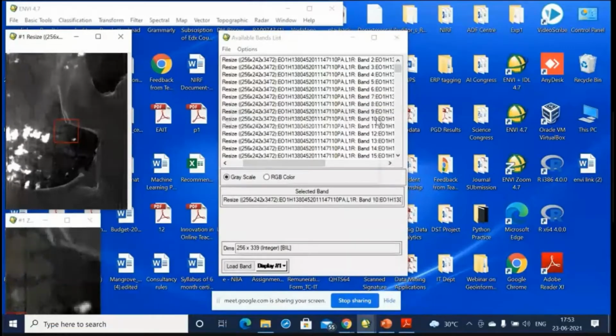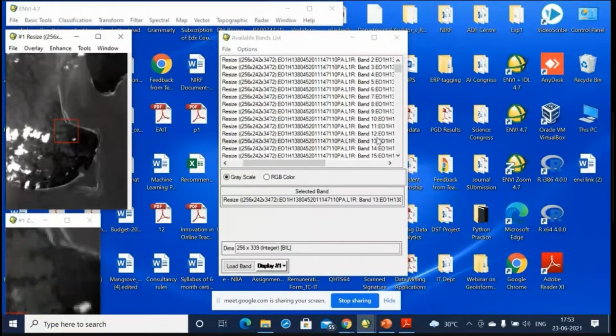Band 9, band 10, band 11. As you move towards the higher side, the image is getting clearer. Band 12 and 13. So it is up to you. You have to first select the bad bands, which may not have any information, or which may have information but the image is very hazy, or there is a lot of absorption in the image. So you remove those bands.